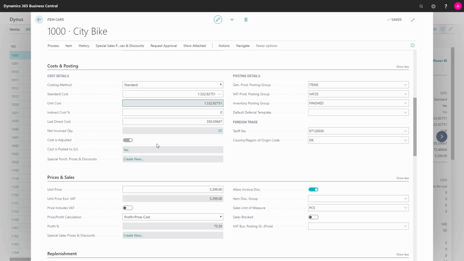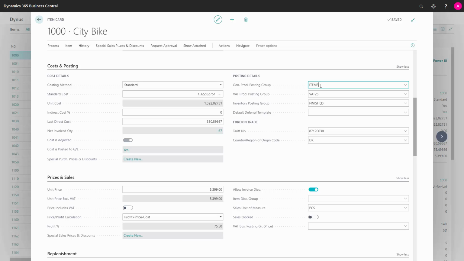And after the Adjust Cost Item Entries batch job is run and all the item entries are adjusted, it's possible to post this cost, or the corrections, into the GL. And if the cost is posted into GL, it says yes here. So this is just displaying whether or not the GL is updated with the actual inventory cost from the item ledger entries. Special prices is normally used for purchase and salespeople. Actually, this is for the salespeople, and it creates special sale prices.